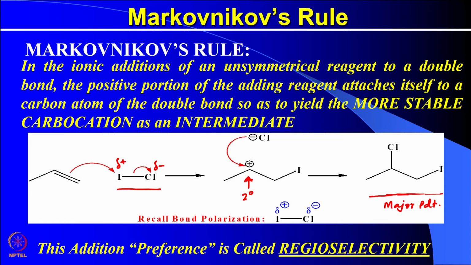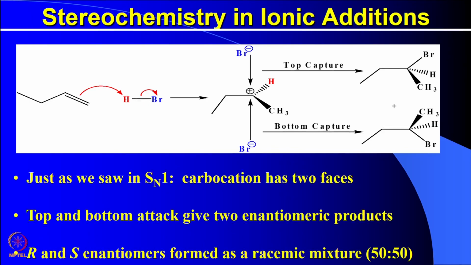This preferential addition of unsymmetrical reagent to this alkene is called regioselectivity, which we will discuss in detail in the next week's lectures. So let us see what happens when we have a compound which is a prochiral molecule,